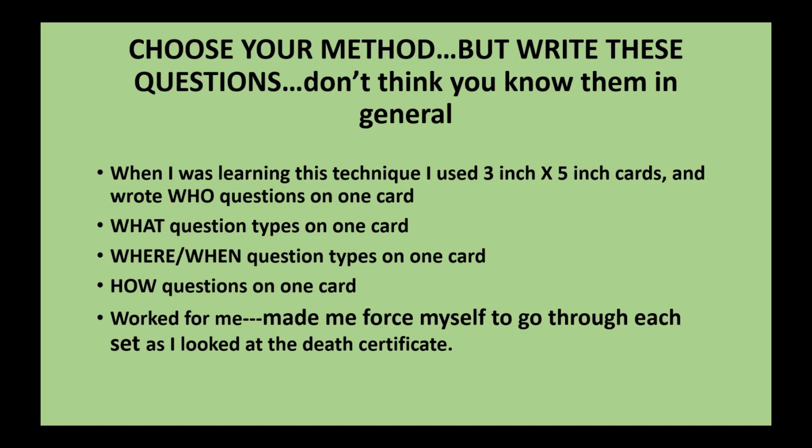Because remember, each state does a different thing with their death certificate based on the definition of death in their state and what has been anticipated that will be needed for national reports too. So all my what question types go on a card. All my where and when question types go on one card together. How questions can go on a card. I'm just interested in saying that I want to be able to pick out some things I should be usually using instead of getting to the death certificate and saying, whoa,